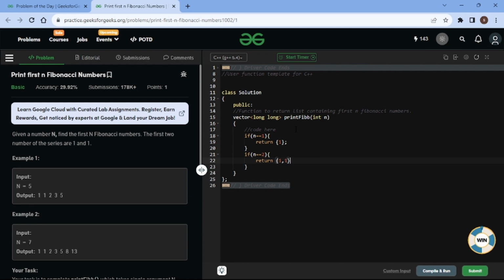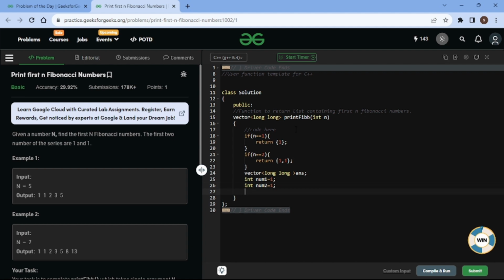Now if there are more than two elements, then we perform some operations and store our elements in an array and then return. For storing the elements, we create a vector which stores the Fibonacci numbers. So we declare a vector of long called answer. We assign two variables, num1, which is 1, and num2, which is again 1.